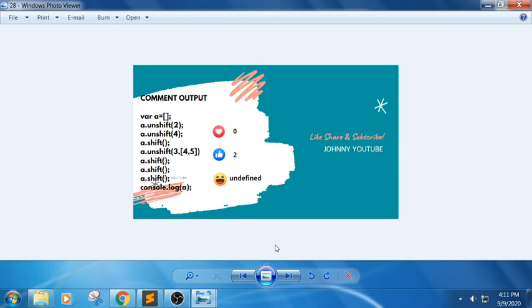In the 28th one, first it will try to perform the unshift operation and the shift operation: unshift at the beginning, shift at the beginning. So it will try to insert, then delete, again insert, and again perform a deletion operation. So the answer for this snippet would be 2.